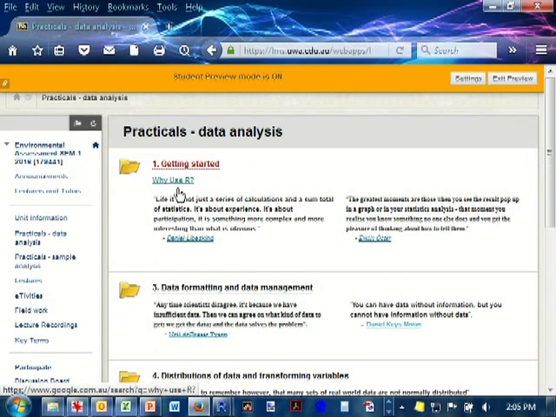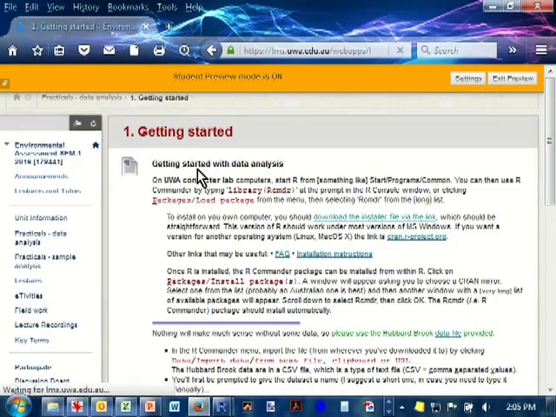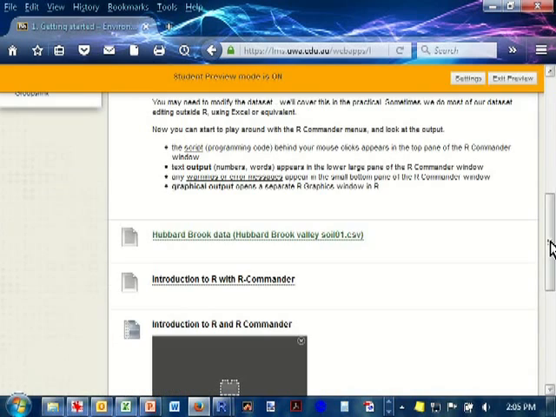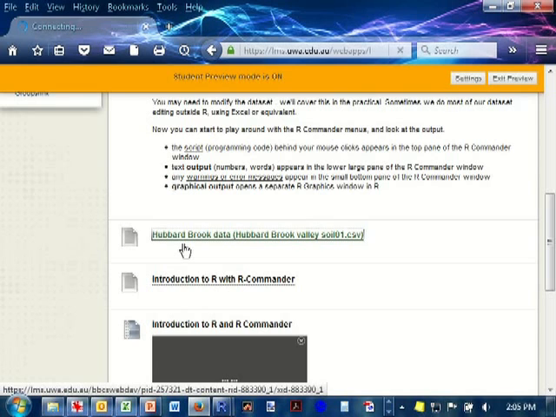You might be interested in looking at some of these things later on, but we're going to click on Getting Started, which gets us into that folder, and after a blurb on how to use it, which feel free to use, we've got a data file, the Hubbard Brook data from a long-term ecological experiment in the USA. So if we click on that,